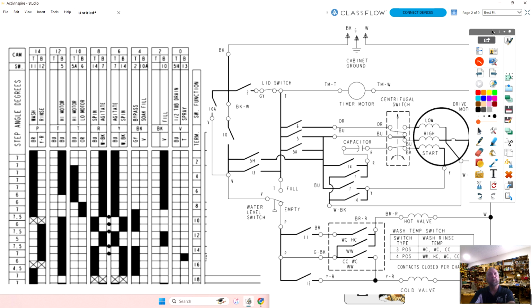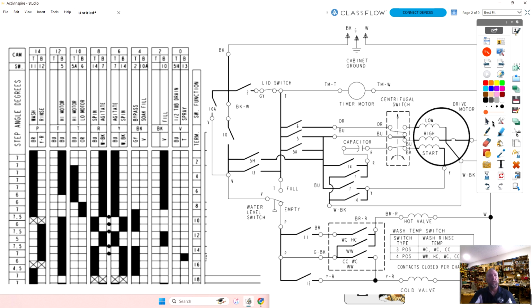So if we look at that diagram, the switches that are closed at increment number 1: that one's closed, that one's closed, that one, and that one. We're going to follow that up, and we're going to see that is switch number 11. And now if we go to the diagram here, we want to find number 11.